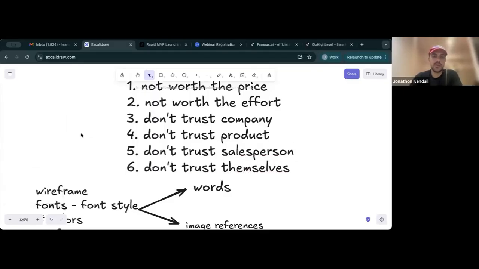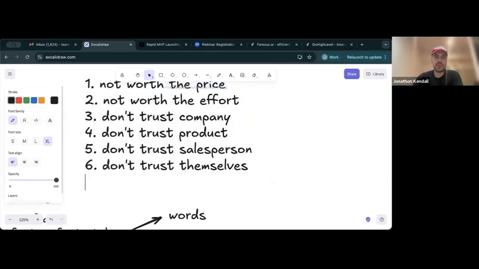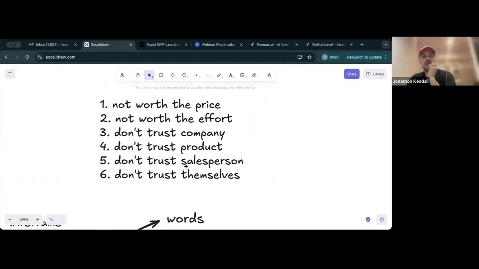I also call this the snowflake objection, where it works for everyone else, but it's not going to work for me because I'm special. So these are essentially the 6 major objections that people have.